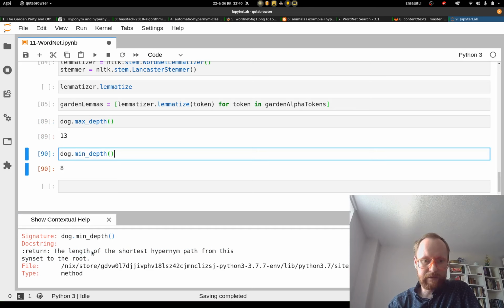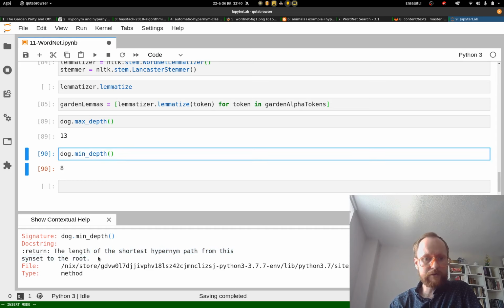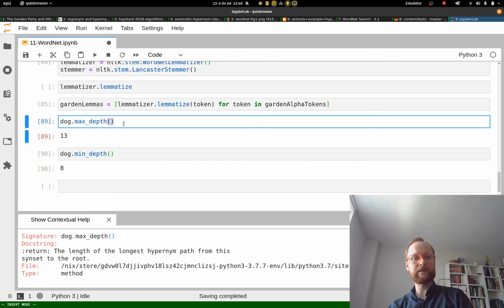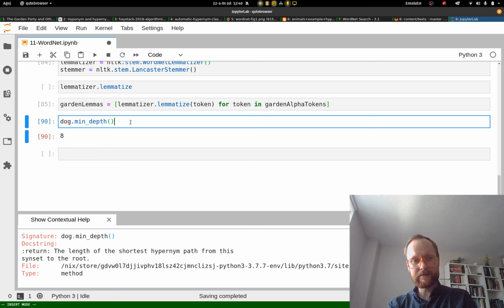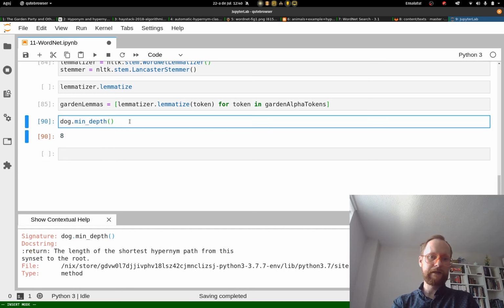And this says the length of the shortest hypernym path from this synset to the root. And this is the longest hypernym path from this synset to the root. Okay, so I think we want the shortest in this case. This kind of tells us the level that we're on. So this says the min depth, it says, okay, we're kind of like at level 8 right now. And if we go up hypernym after hypernym, it would take us 8 steps to get to the root,